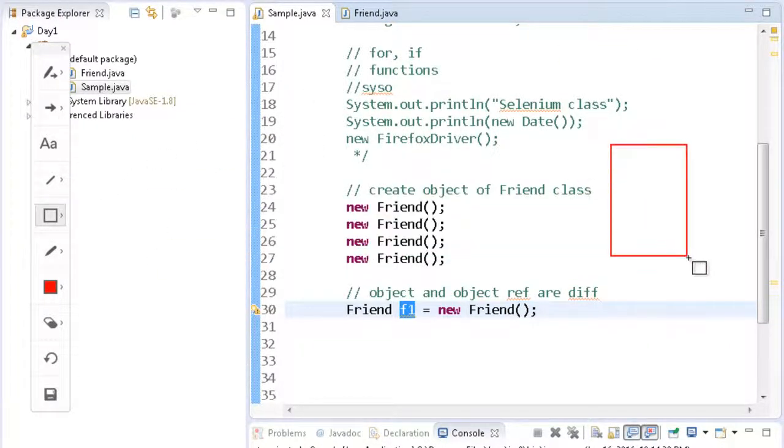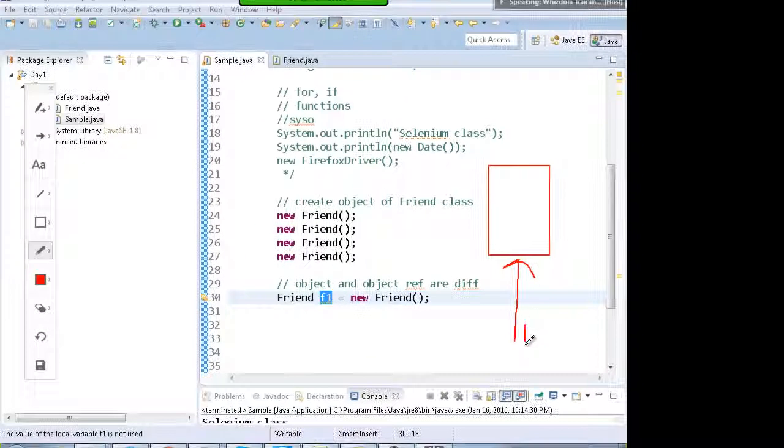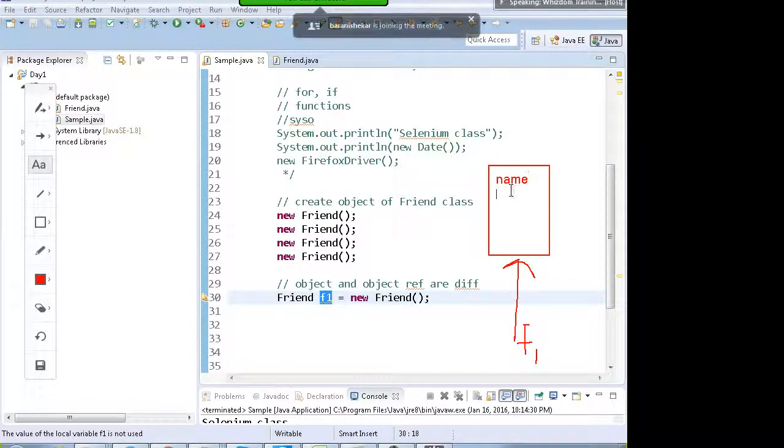The object will be something like this and the reference will point towards that object. The name of the reference is f1. This object will have the name and phone properties.